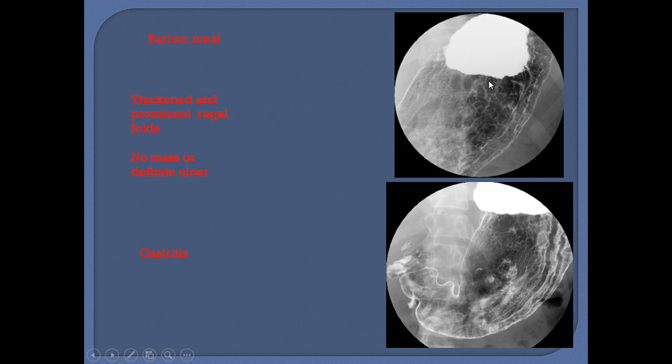You can see the normal stomach, normal mucosal pattern. This is the collection of contrast because of the dependent part. But in this diagram you can see the folds are thickened, gastric rugae are thickened, and there are multiple rather punctate erosions in this pattern with central dot, hollow dot, and peripheral pooling of contrast. It is a case of gastritis with gastric ulcer.